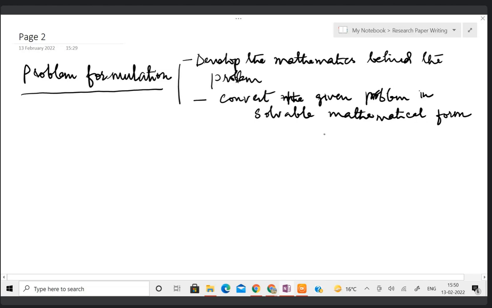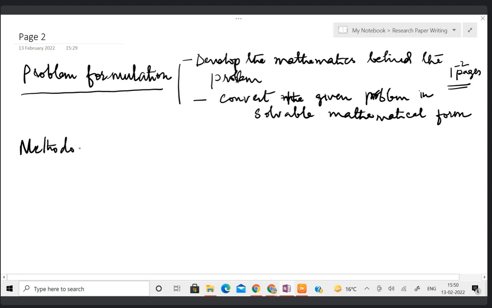Okay, so this is your problem formulation, and normally it should be within one or at most two pages. One to two pages. Then the next part of the paper is about